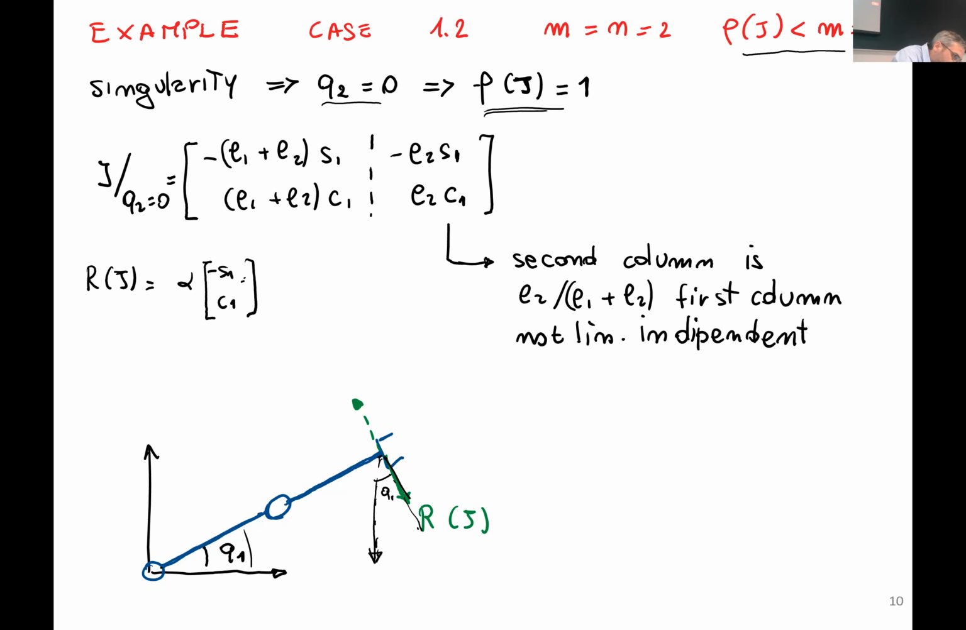Well, you can verify that this vector is represented by this direction, and if you multiply by alpha, you can get all the vectors in this direction. So you represent the mobility at this configuration that is singular. And in the case of